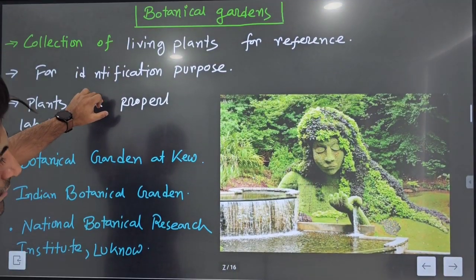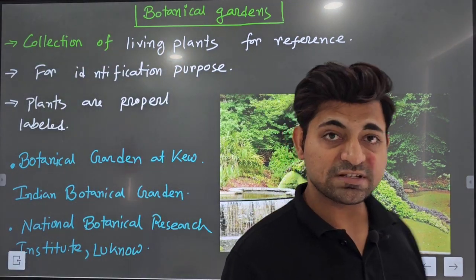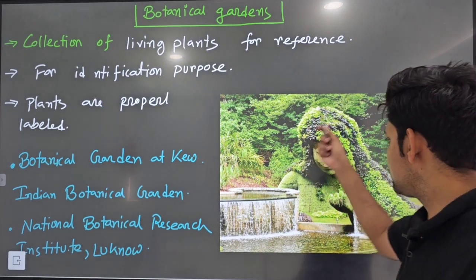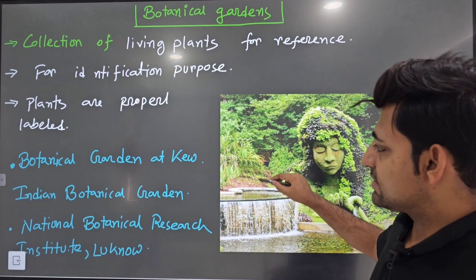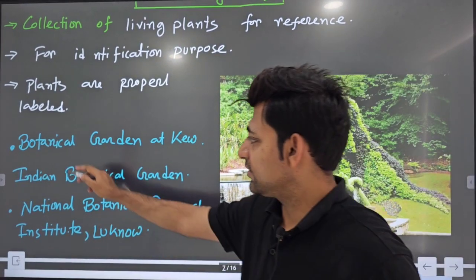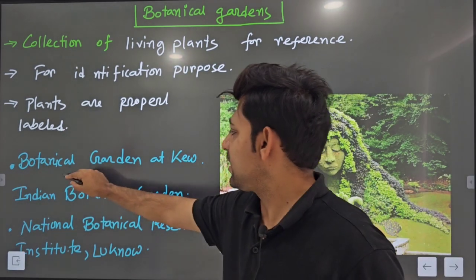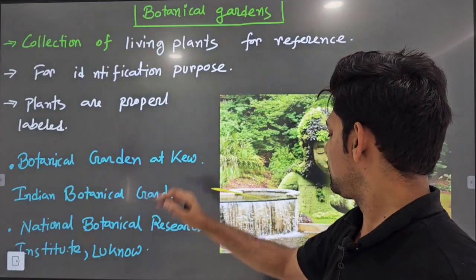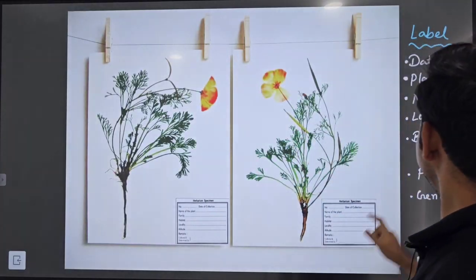Next, botanical garden. This is the beautiful entry of the botanical garden that is situated in Howrah. This is the entry gate of that botanical garden. Names of some botanical gardens are given here. Botanical garden of Kew,